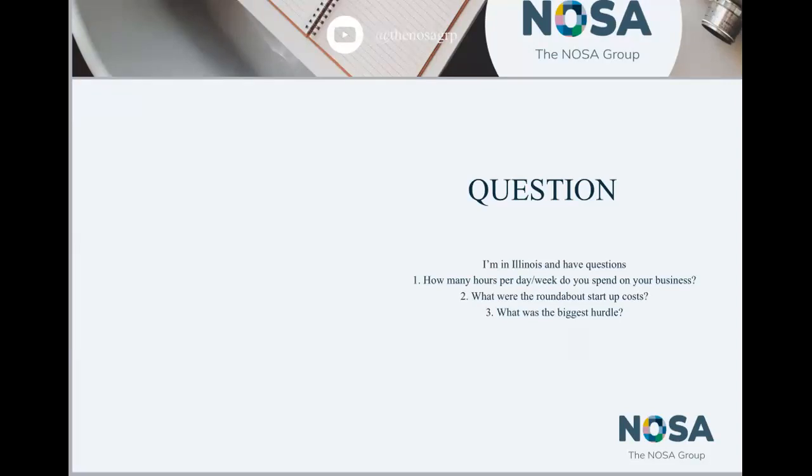So having those pieces in place, understanding the business side of healthcare staffing, is really key. I'm not really talking about the process of sending the employee to go to work. I'm talking about all those other things: the insurance, the payroll, obtaining contracts, marketing, how to position yourself in the market, how to sell to clients. Those pieces probably have been some of the biggest hurdles in getting started.